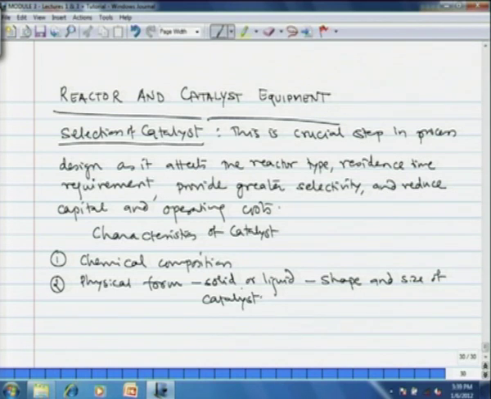Once we select the catalyst composition and the phase, the other factors such as catalyst concentration and support have to be established. Now, there are different kinds of support for the catalyst. Some are hydrophilic, some are hydrophobic, some polymer support like aluminosilicate support, and so on and so forth. So, depending on the reaction type and reaction condition, we have to choose a proper support that will give sustainable operations